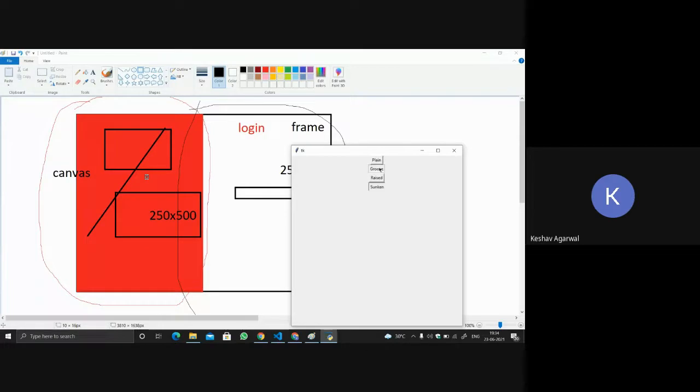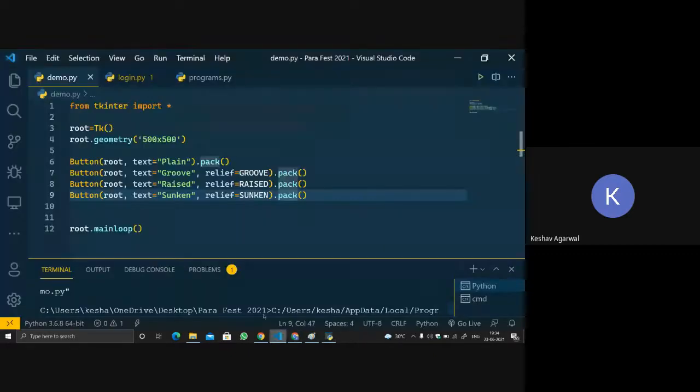On groove, when you click on the button, it goes inside, but it just has a plain border. And you can see sunken is already pressed. So we have one more, ridge.